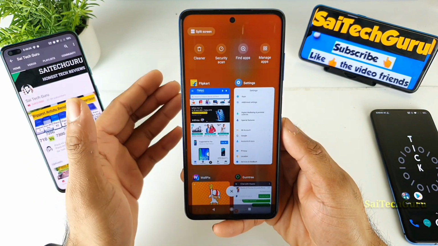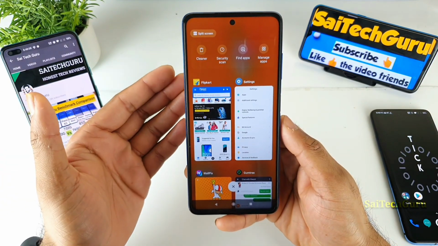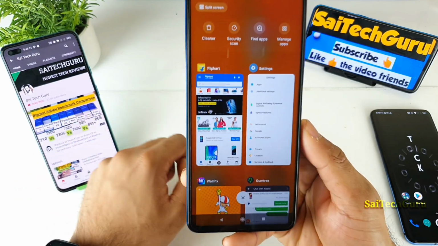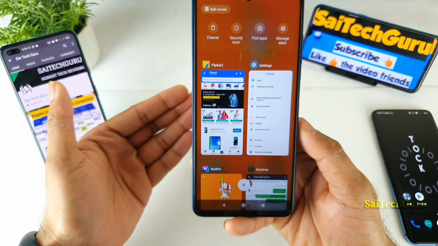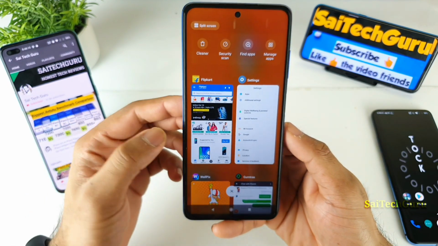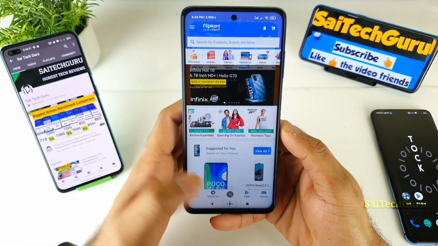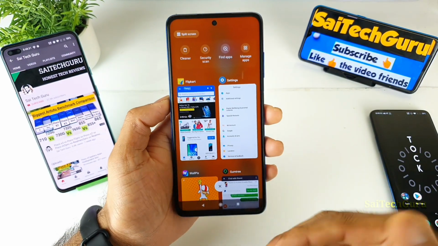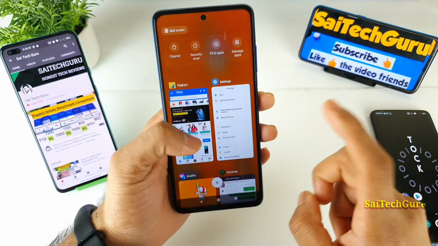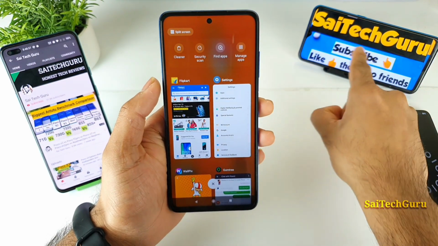The purpose of hiding the apps is to be more secure by not showing the messages or anything. But in the multitasking, you can read the messages, for example, if you open Facebook messaging or WhatsApp applications. So this is another drawback here. This is one thing you need to know, and there is another way you can hide the content in the multitasking. That will be for another video, so make sure to follow me regularly.